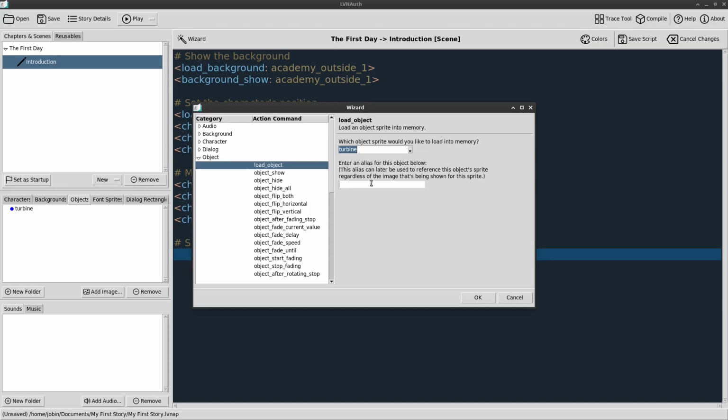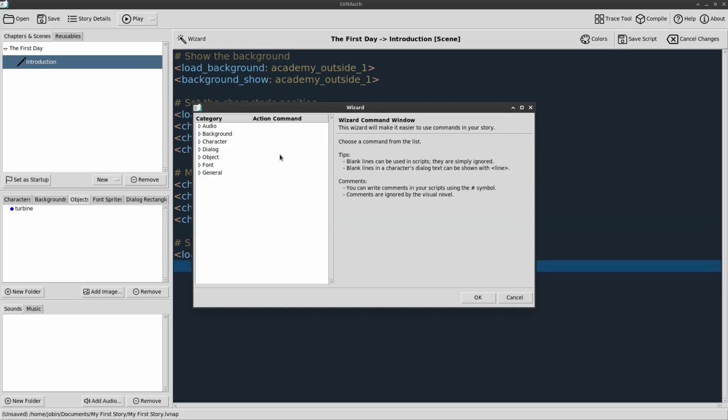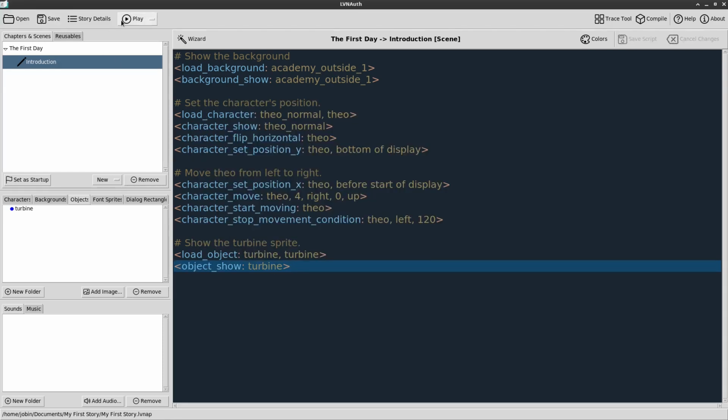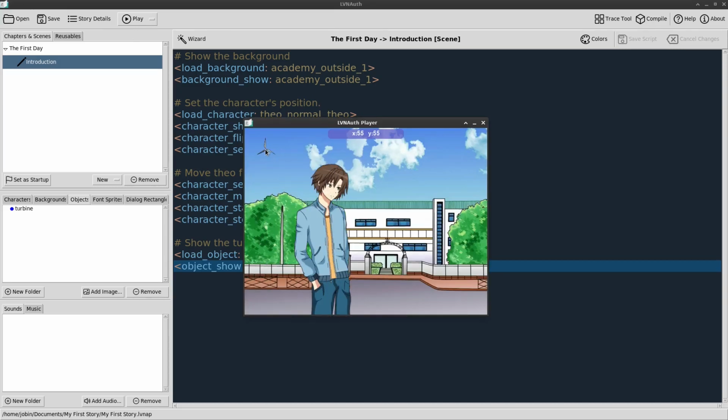Okay, so we need to give this an alias. So I'm going to give it the same name as the image, just turbine. And then we can show the object. Let's save it and play it. Okay, so we can see the turbine up here in the sky, but we obviously need to attach it to